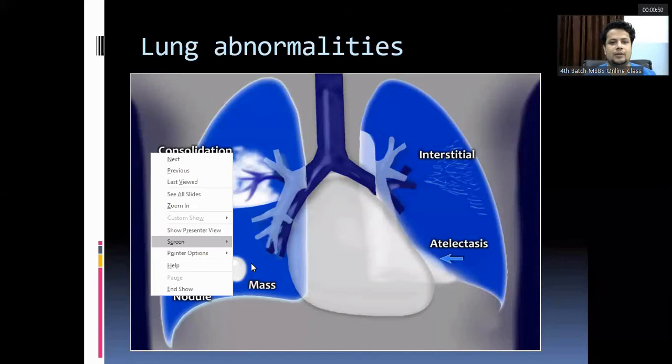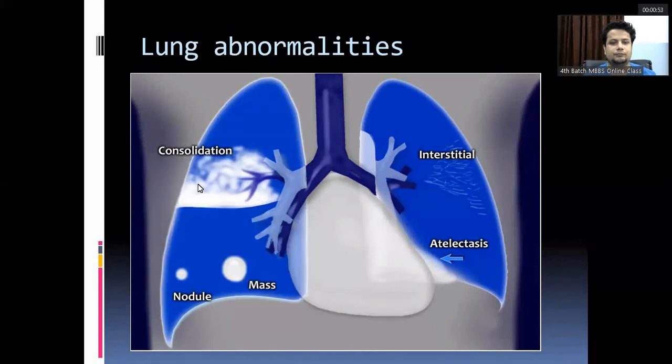So even in this picture, we can see the different typical features of the different pathologies. This upper one is the consolidation. So how do we identify the consolidation? It appears as inhomogeneous opacity, and we can see the presence of air bronchogram. It is usually ill-defined in appearance. Here we can see the presence of the air bronchogram. Patent bronchi can be seen going into the opacity. This is the air bronchogram, the typical feature of consolidation.